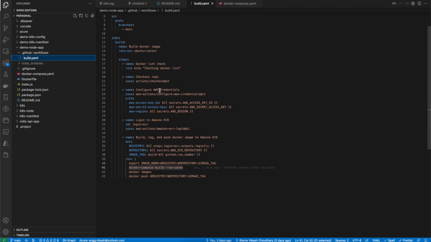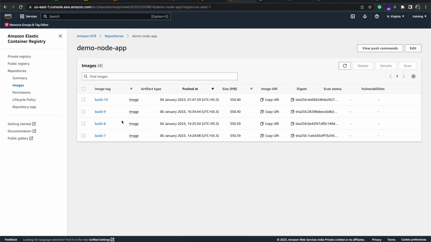It's shared in my public repo, so you can have this as a reference. But for your project, of course, you may have more source code added as part of your repo, but you have to update the jobs and the credentials, and all those things you have to set here. And once you do it, definitely you will see that image published to your Amazon ECR. And this is what your CI is. Now let's talk about C